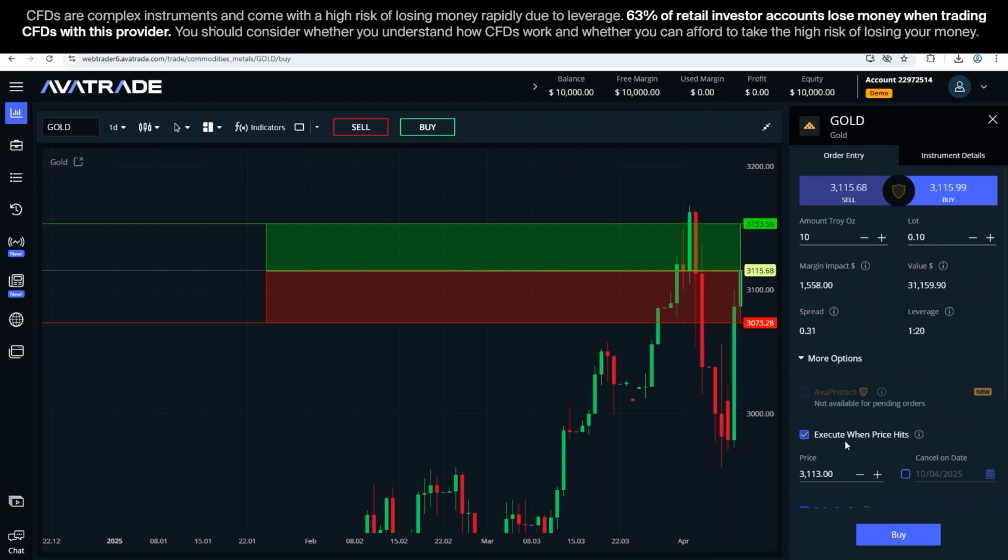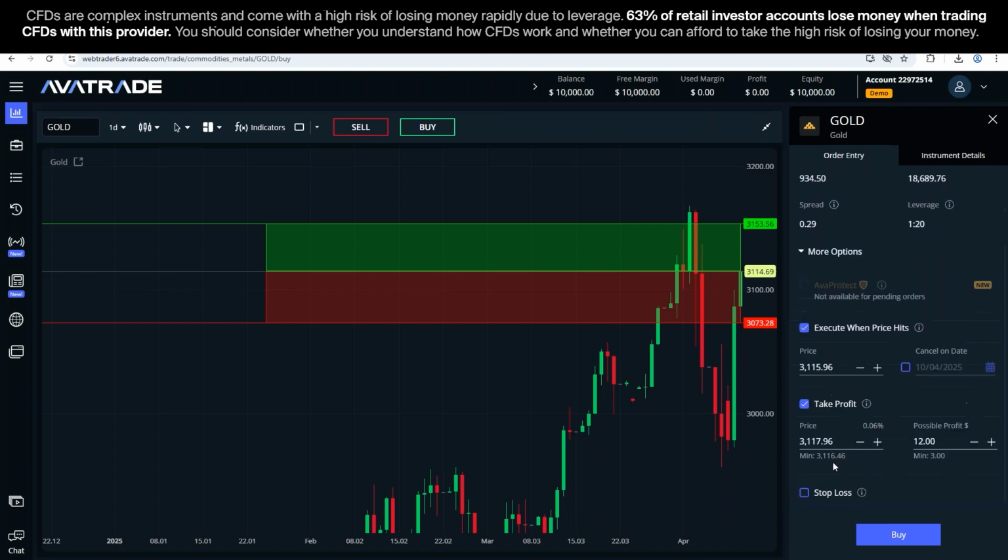Because this order acknowledges what is selected on the chart. So if, for instance, I click here on a sell, this will become a pending sell. And if this is a buy, then this is a pending buy. Okay, and as I have explained, with a buy, take profit needs to be at a higher